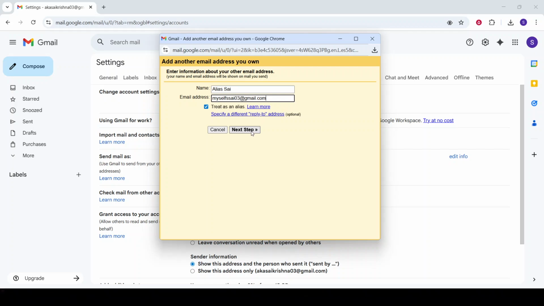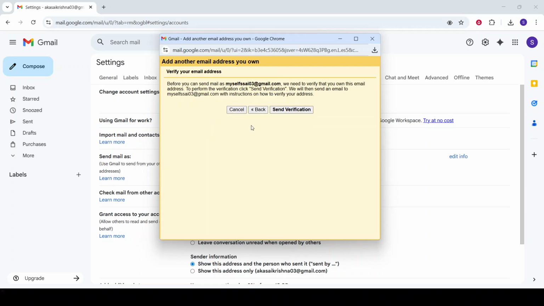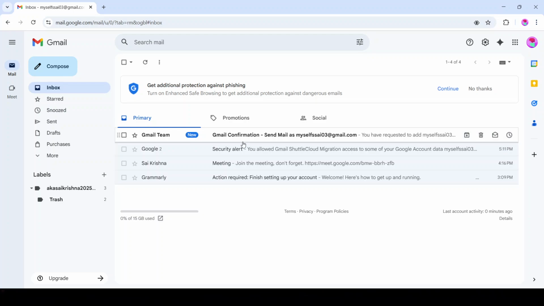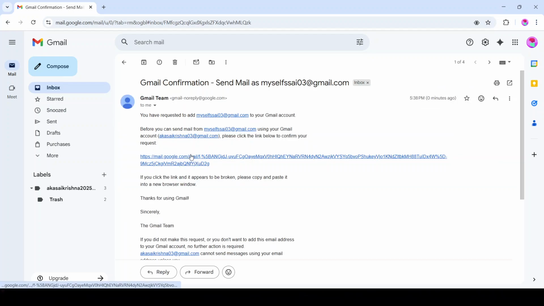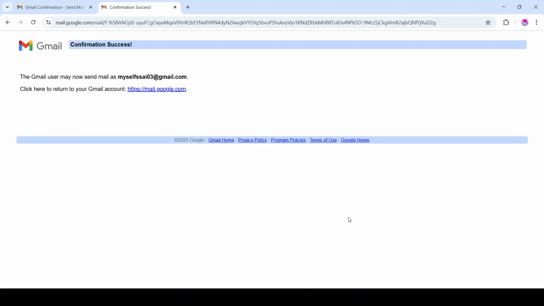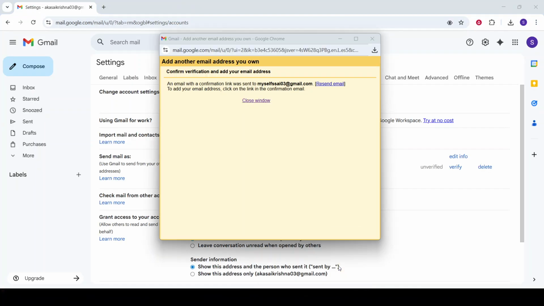It does this by sending a verification email to that alias. It's important to have access to the email account for this next step. Head over to that inbox and look for the email from Gmail. Follow the verification steps within this email to confirm ownership. This often involves clicking a link or entering a confirmation code. It's simple and straightforward. Now that the alias email address is verified and set up, you're ready to take it